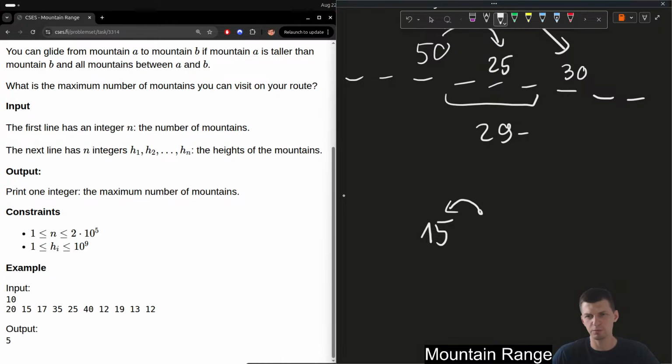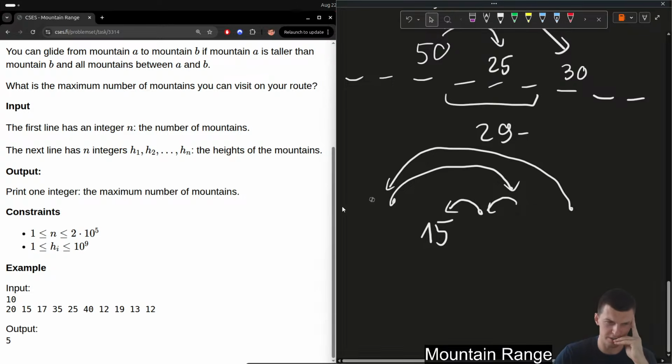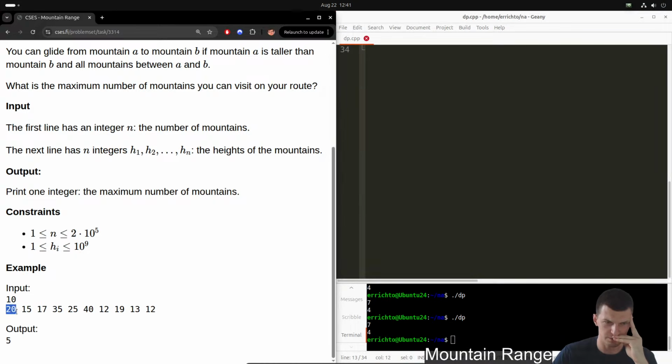And is it true that, if the values are distinct, always the solution just looks like this, where we visit all the values in some range? Like here, 15, 17, 20, 35. Oh, but here we can skip something. So not everything in a range. From 15, there is a neighbor 17, always the smaller of 2 neighbors. Then we have 20, then we have 35, and then we have